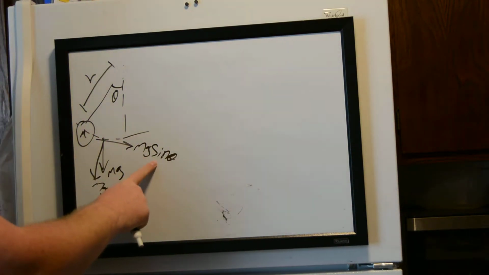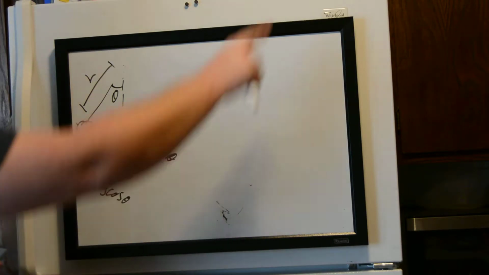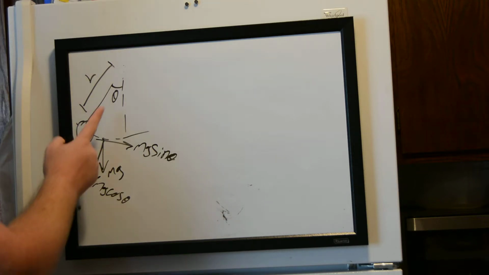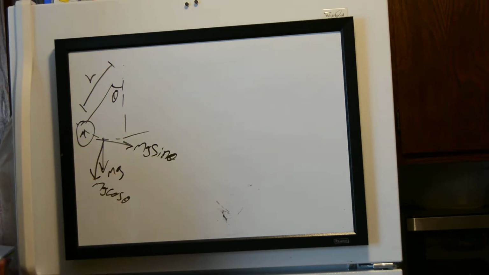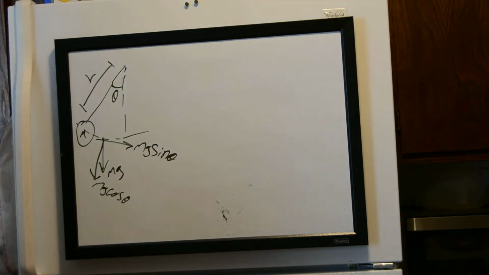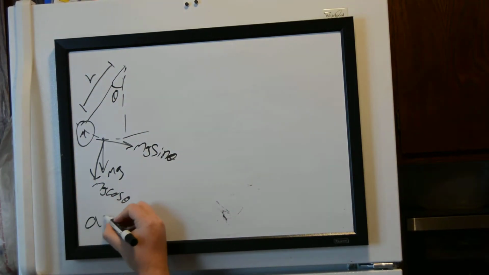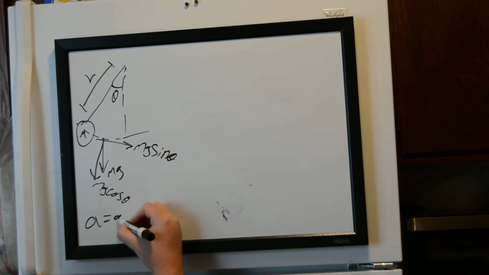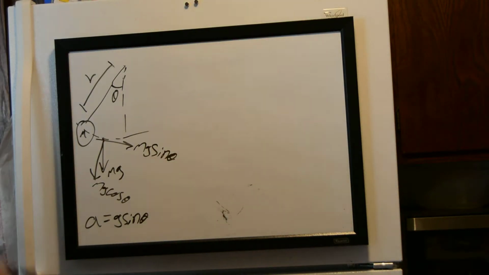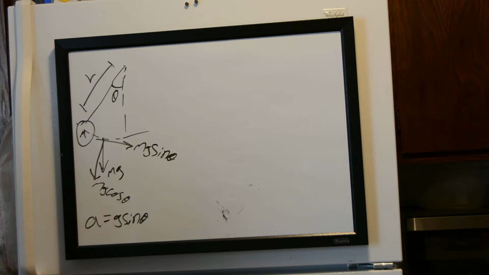The reason for the sine is that that's going to be moving up and down the motion of the pendulum, and the cosine is just because that's going to be perpendicular to the sine. And then we're asked for the acceleration of the pendulum just after it's released, and that's simply going to be the gravity times sine of theta. And then the second part,